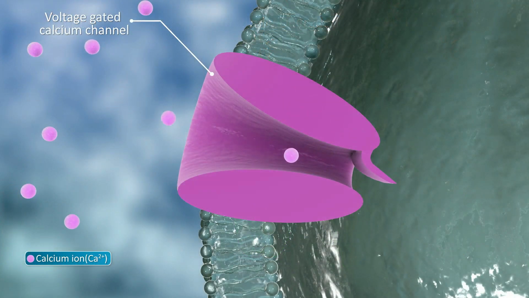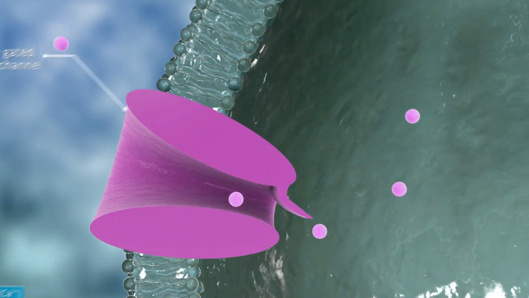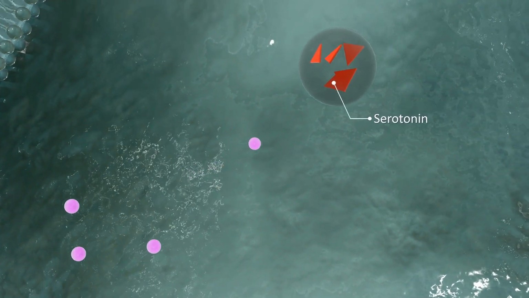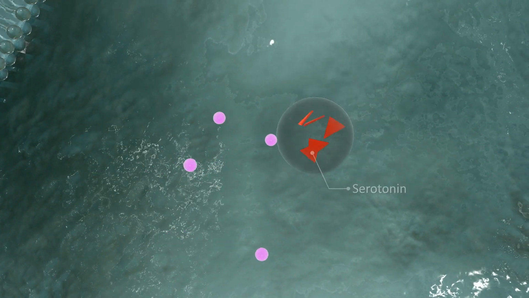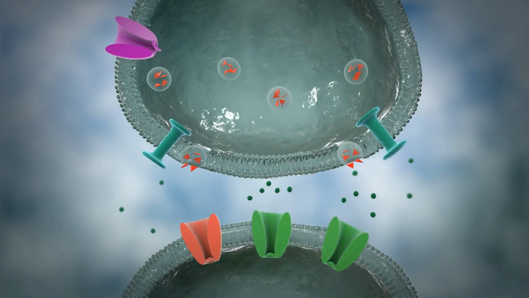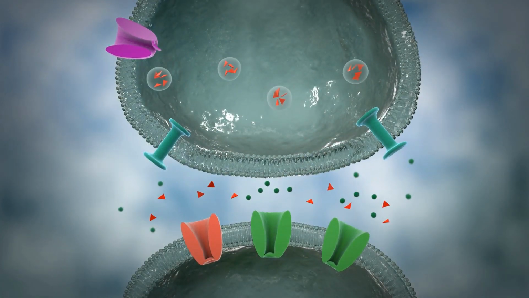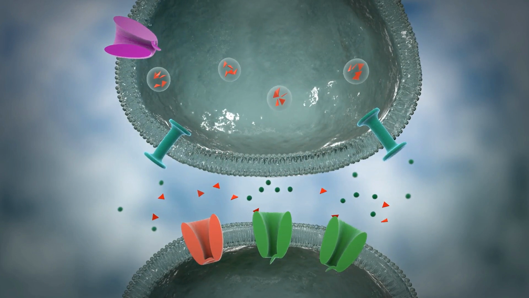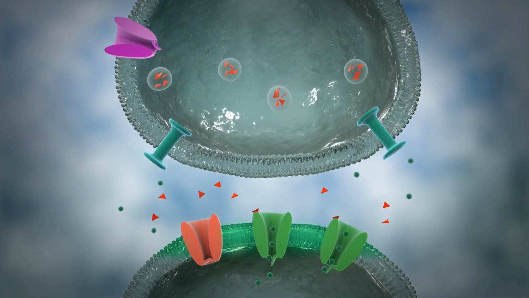An example of a specific neurotransmitter that functions in these ways is serotonin. Some serotonin will cross the synaptic cleft and bind with the specific serotonin receptors within the membrane of the postsynaptic cell, producing an effect in the target cell.